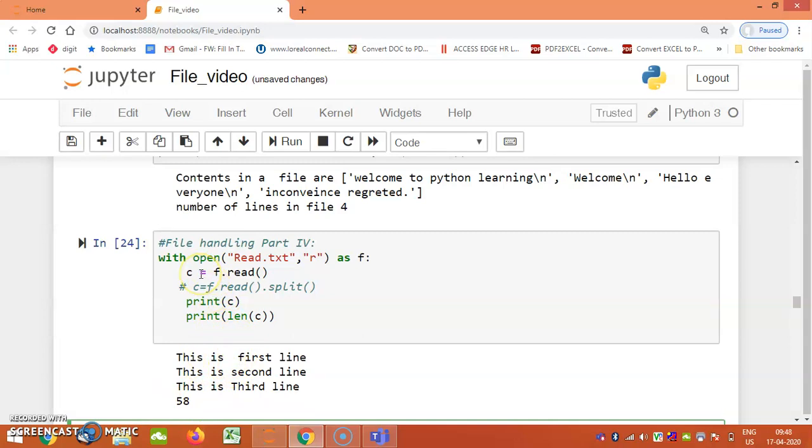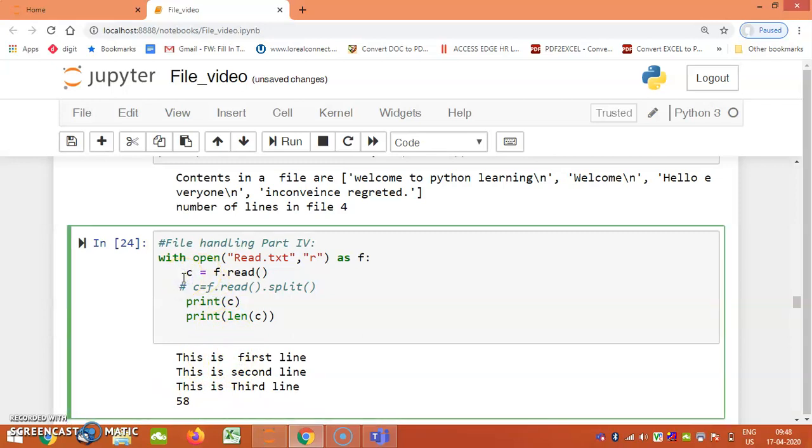Now listen, I am making a small change. Instead of reading the complete file, I am splitting this file by space. You all know that the split function always gives you a list.